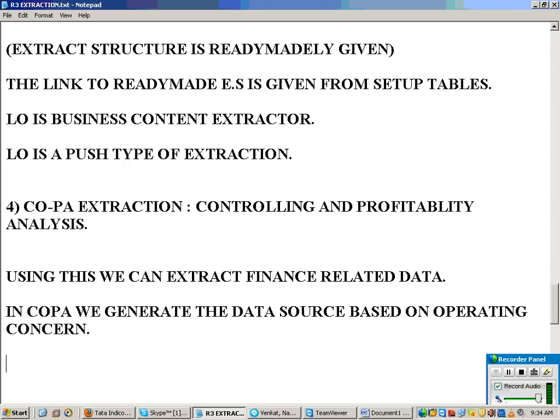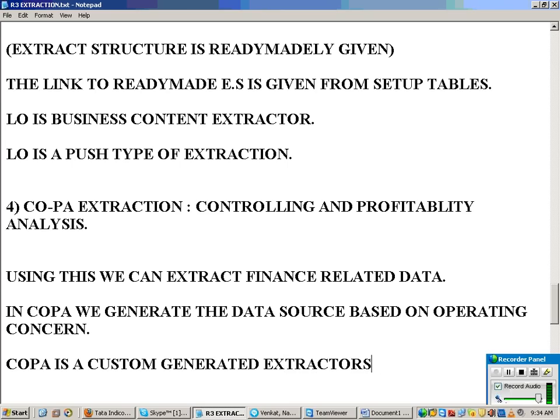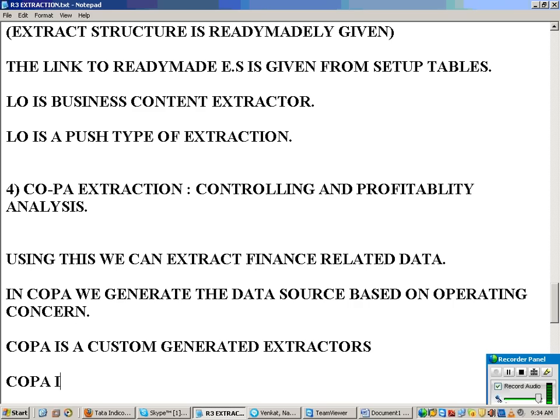Okay, in the case of COPA extraction, we generate the data source based on what? Operating concern. Generated extractors, and COPA is also a, what is that now? It's a pull type of extraction.